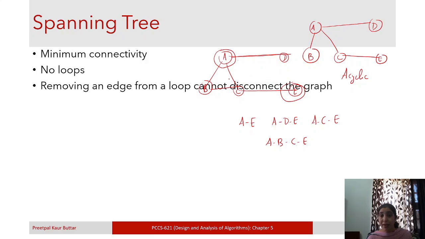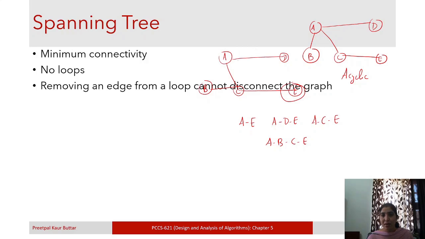No, this is still connected, right? And another loop is here, and in this loop, if I remove this, is it disconnected? No, still this is connected. And now, are there any loops? There are no loops in this graph. Okay, and now if I remove an edge, now it has become disconnected, right?